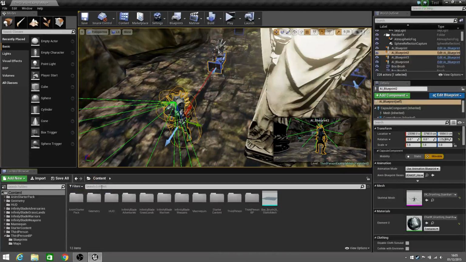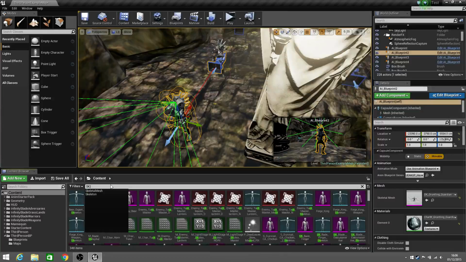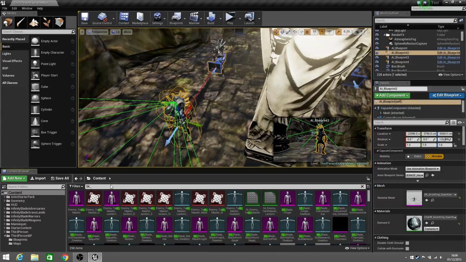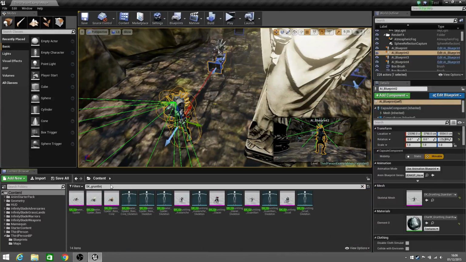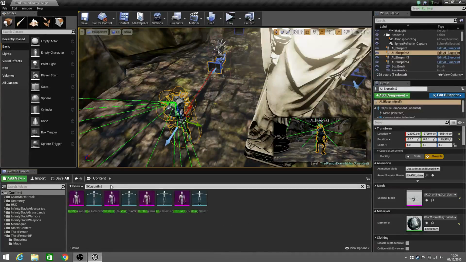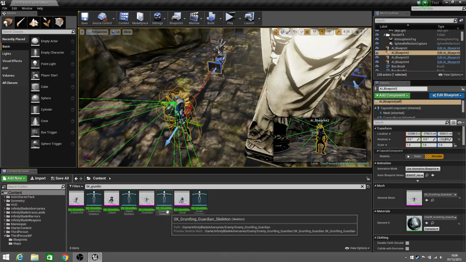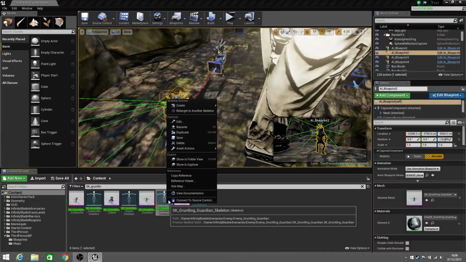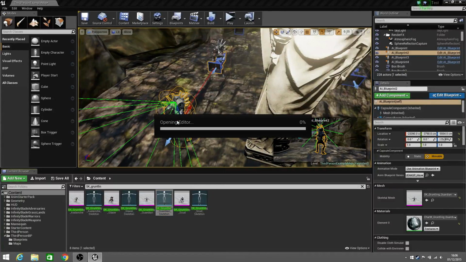I need to find, if I go to SK Gruntling, if I can spell, I believe it's a guardian. So let's just find his skeleton. There we go. If I go into edit,